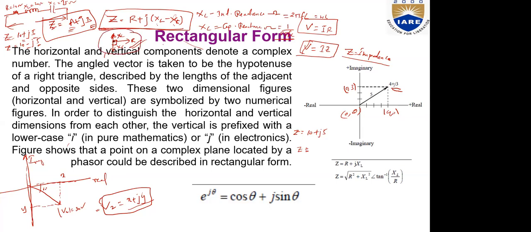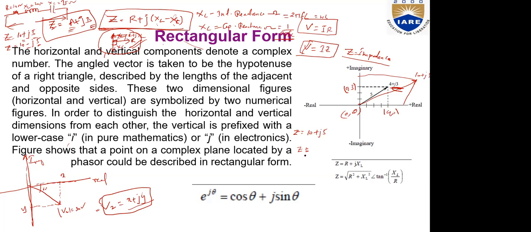Suppose I want to write Z, how can I write it? I need to write it as R plus JXL, right? Yes, sir. So I'm just writing them in numerical form here. I just want to represent them in a simpler form. Sir, if I write it as 10 plus J5, what does it indicate? On the x-axis it's 10, on the y-axis it's 5. So I get it as 10 plus J5 here. Yes, sir, I can write it as 10 plus J5.